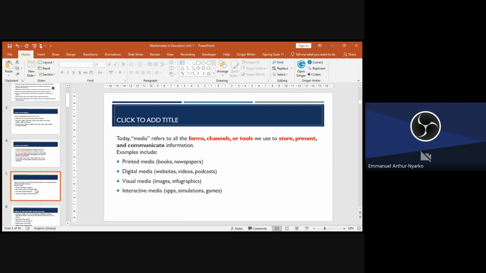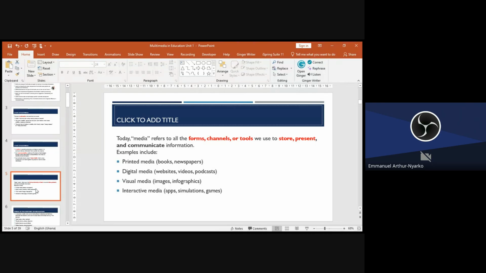In today's media, when we talk about forms, we are talking about printed media, digital media, visual media, and interactive media.